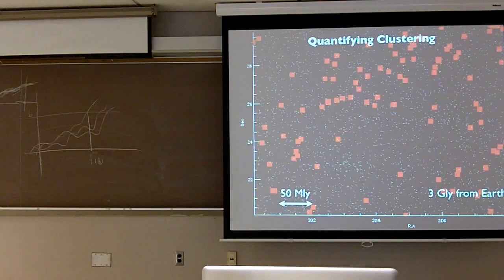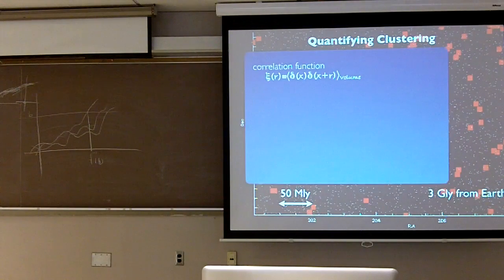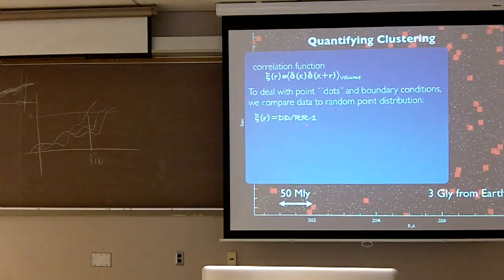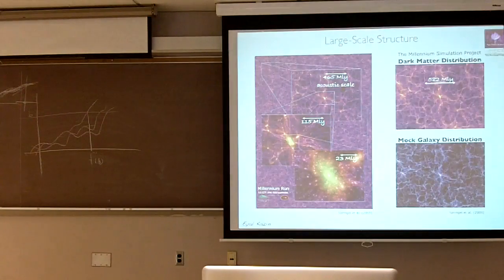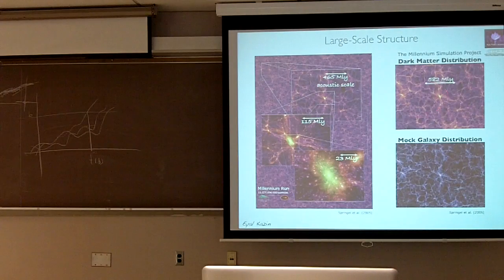To understand your mask, you want to populate the areas where you know you should have measured a galaxy with a random point. You want to use many more random points than data points for obvious Poisson reasons. If I go back to my definition of the autocorrelation function, then our estimator in practice, I should have had a hat over here like physicists like to use, compares your data pairs to your random pairs. It has been shown that, to minimize your variance, a better estimator also compares data-random pairs.